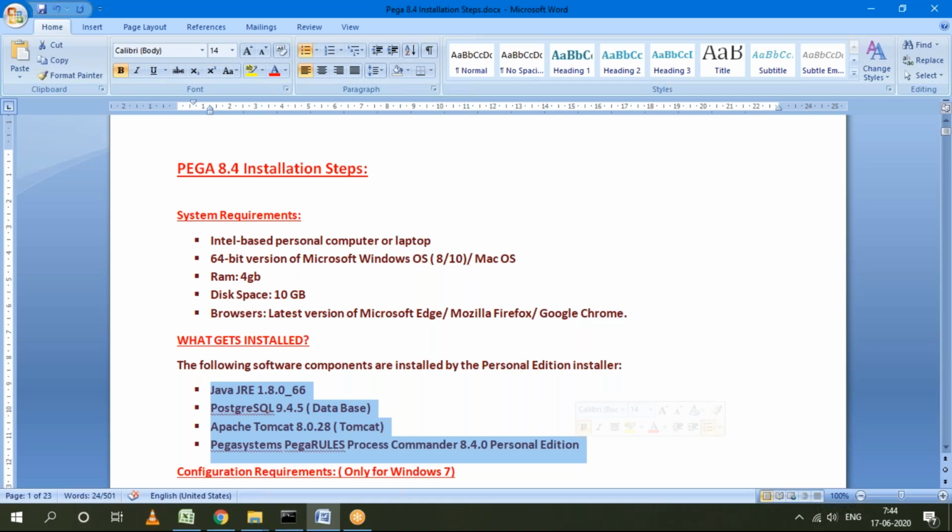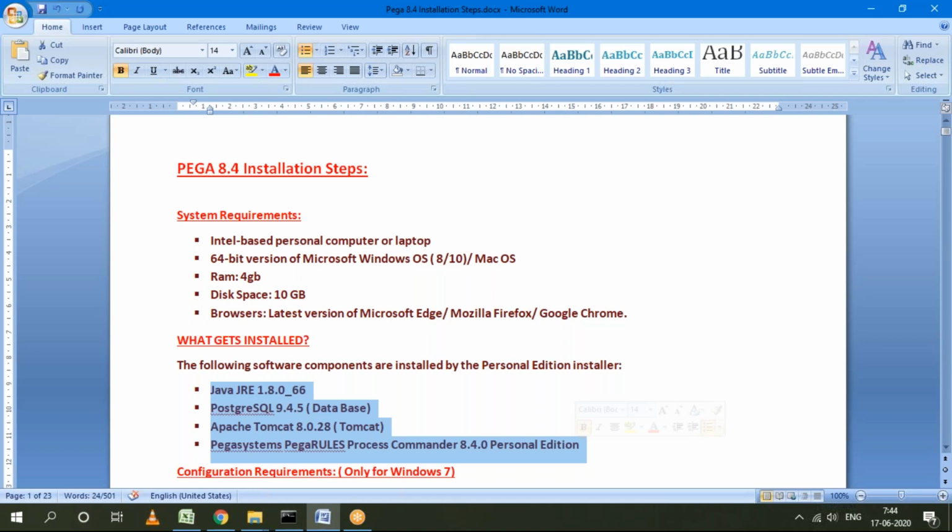Okay, so Pega here will install as a package. So even if you already have the same database installed in your system, it will not conflict. Earlier, before version 7, if you wanted to install Pega and any Java or any databases were there, we had to uninstall them and only then we could install Pega.